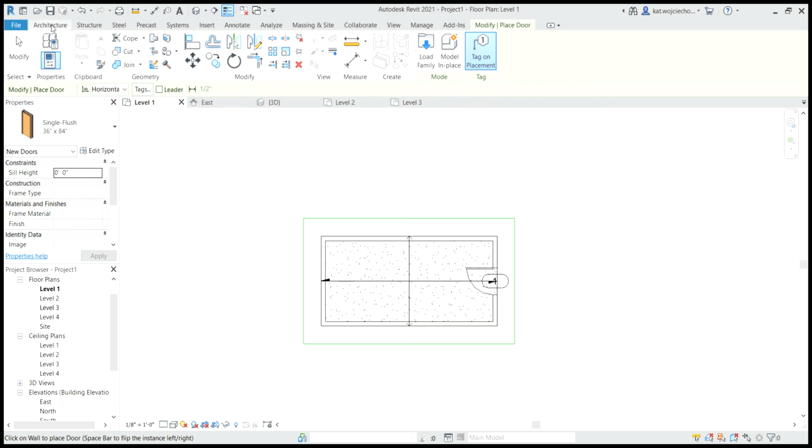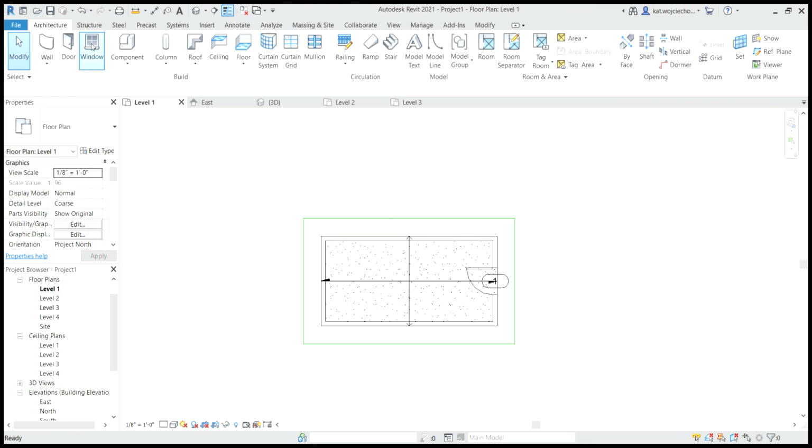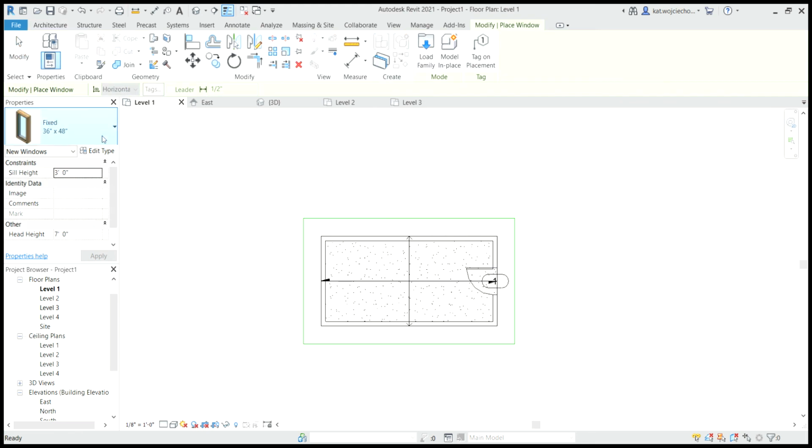Let's add a window, architecture, window. I don't want a fixed window. Let's do some double hung. Alright, and we'll do one right there. One right there. There we go.